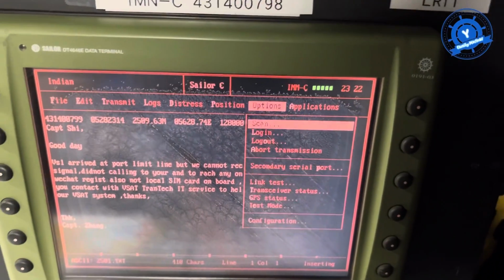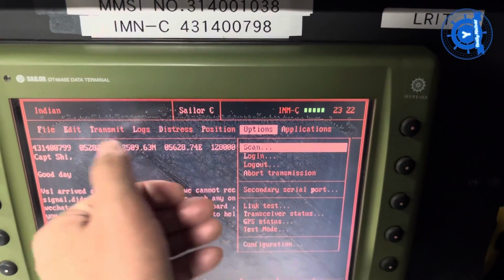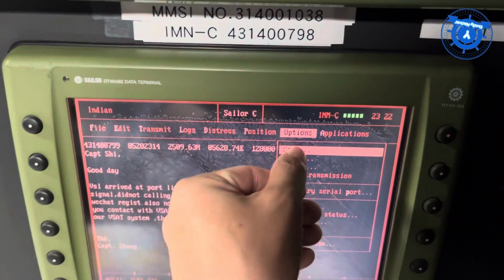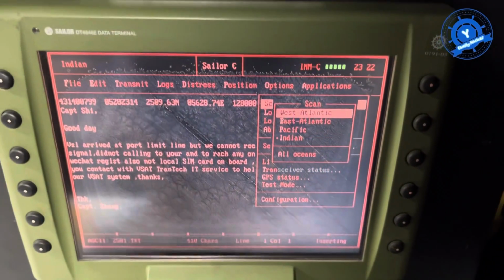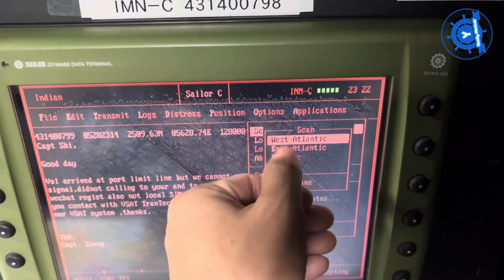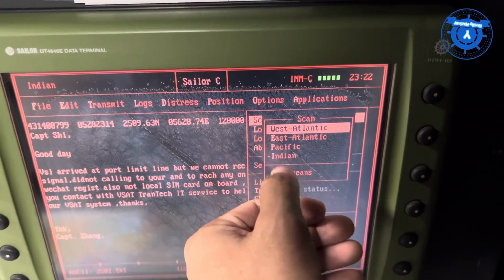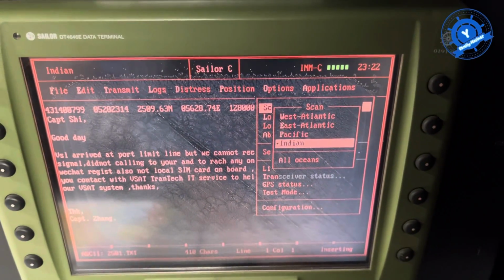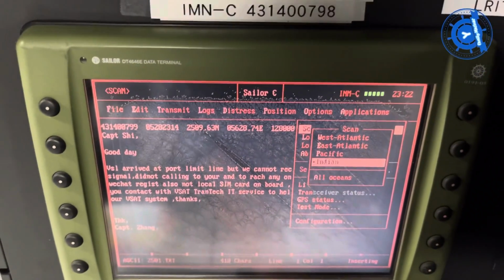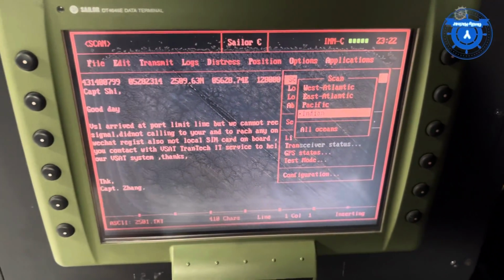And then going to the options, there is the scan, where you want to scan the Indian Ocean, Pacific Ocean, or any region. You can see the ocean and also scan. There's the scan, and you choose which region you want. So now our region is the Indian Ocean, so I already tried the Indian Ocean and pressed enter. Now let's go scan. Okay,